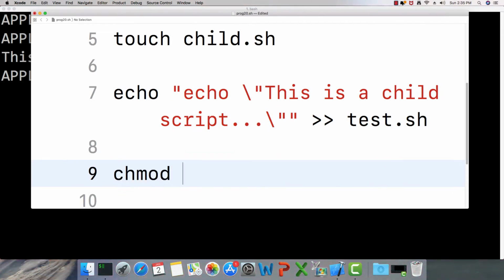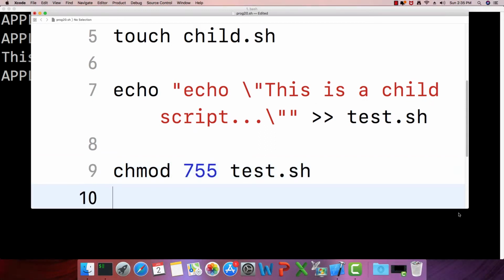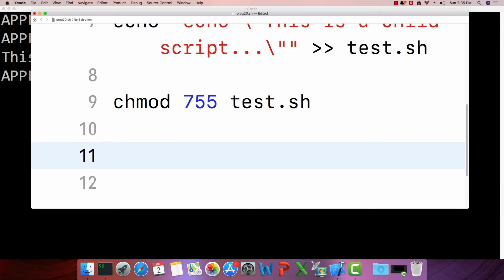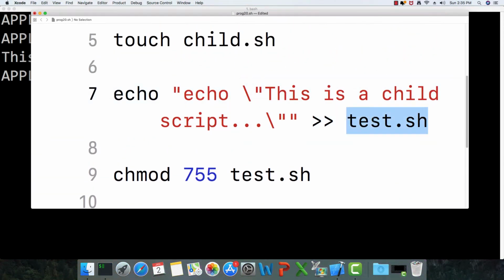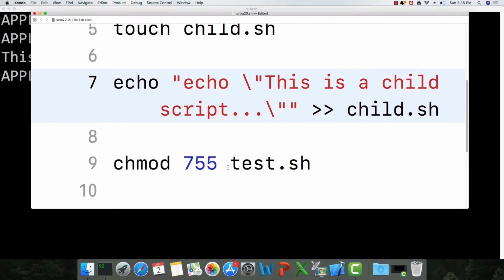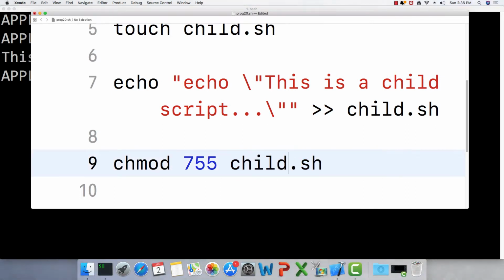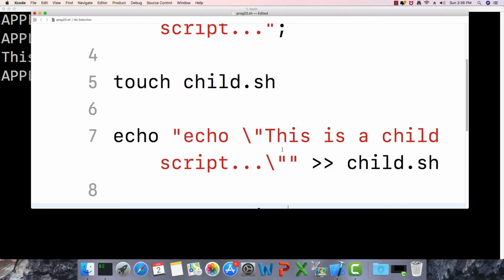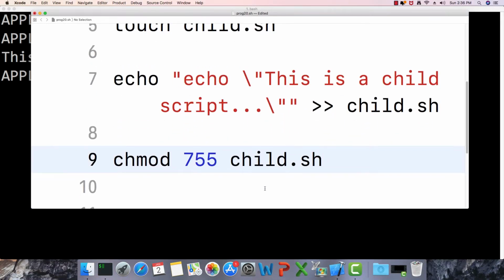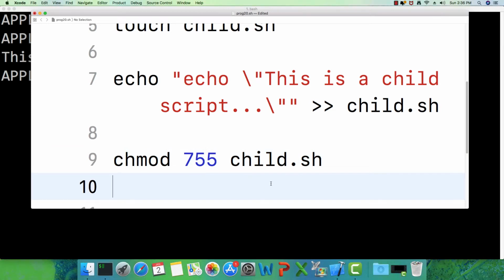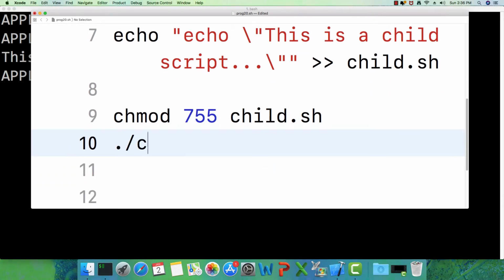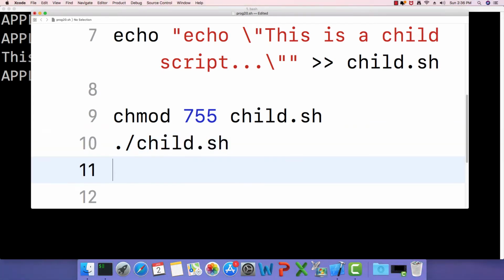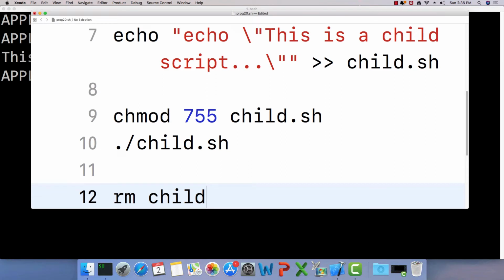No, it is not test dot sh, it should be child dot sh, right? So here we are creating the child script with touch, and here we are entering some echo statement into that. Here we are changing its privileges, and then running child dot sh and rm child dot sh.